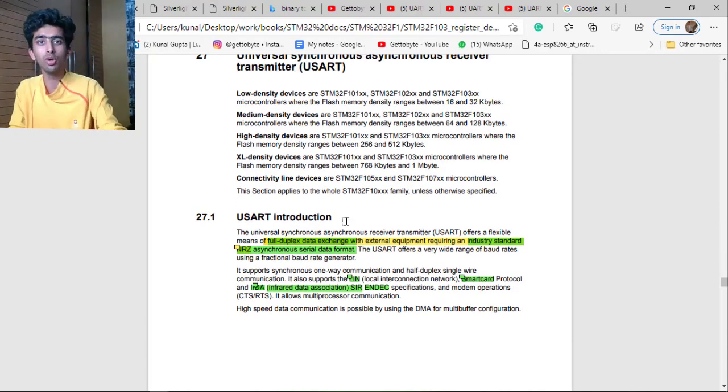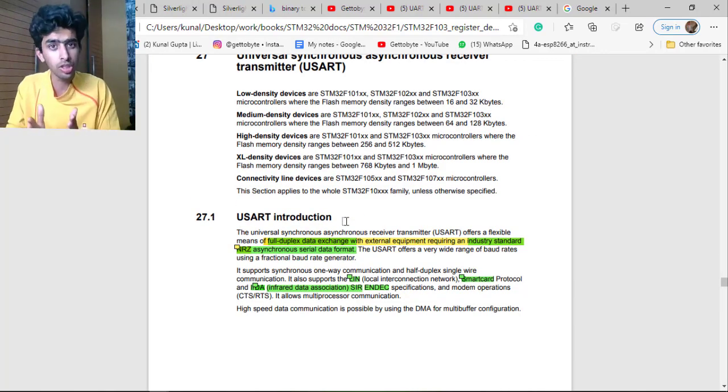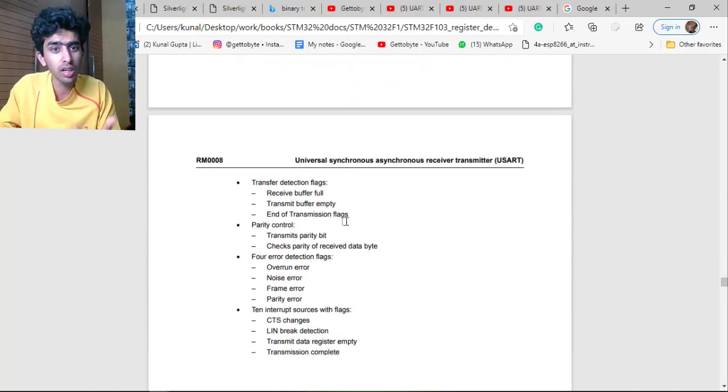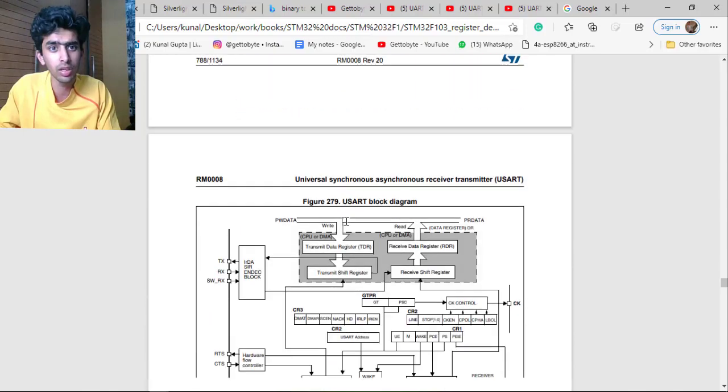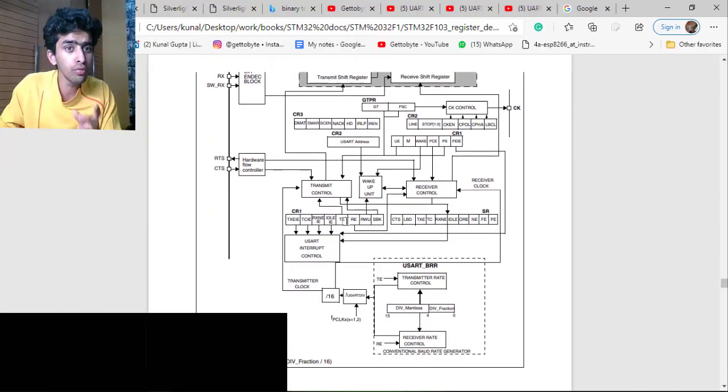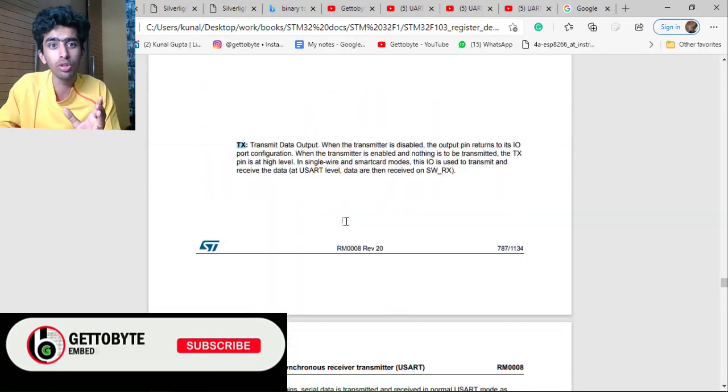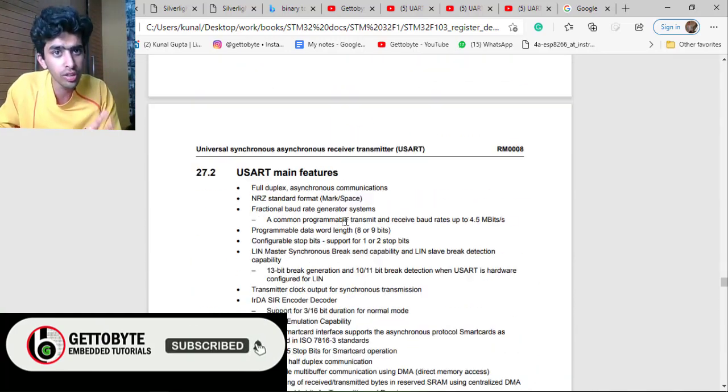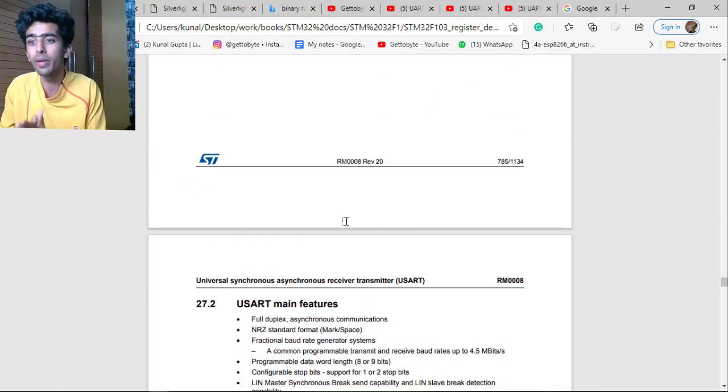First in this video we are going to get a basic introduction of the UART: what is its block diagram, and what all features are there in UART. The main focus will be on the UART feature which is used for communicating between the microcontroller and all the IoT modules which I told you, and to the terminal screen, so as to print strings on the terminal window from our own device driver which we have created.